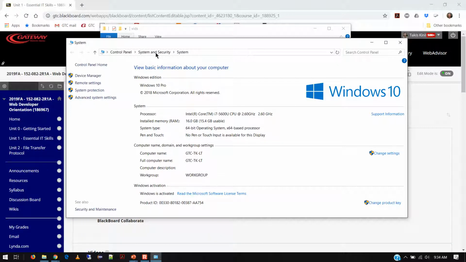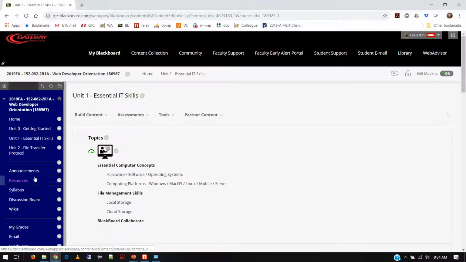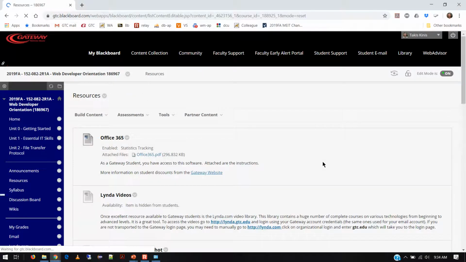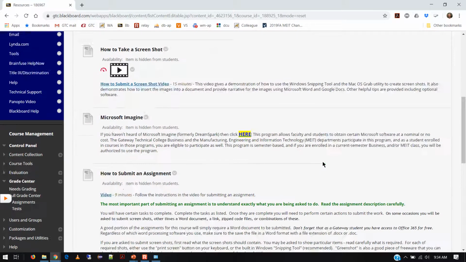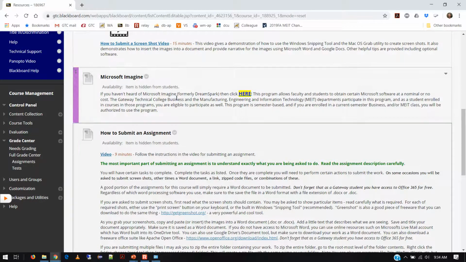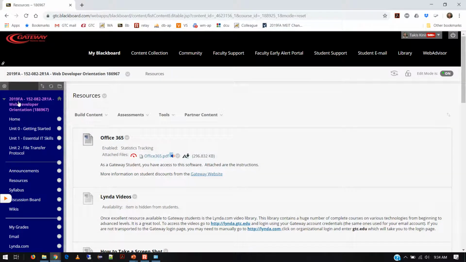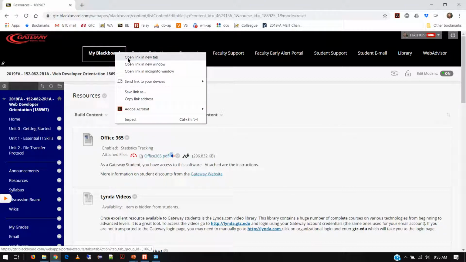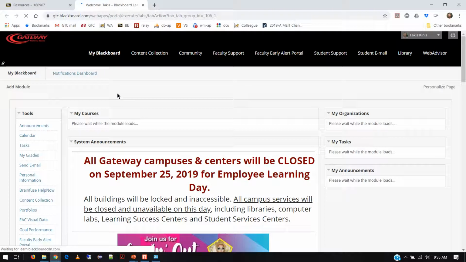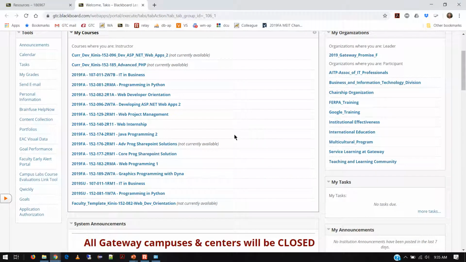I'm going to give you a cool little tip, and I'm hoping I have this in the resources section. You see I'm saying that a little pensively. Yeah, this is a little dated, so I'm going to have to provide the link separately for you guys. We have a tool, and I'm going to have to go to one of my other course shells to pull it in. And then what I promise I'll do, and please remind me to do it if I forget, is drop that information into this course shell as well